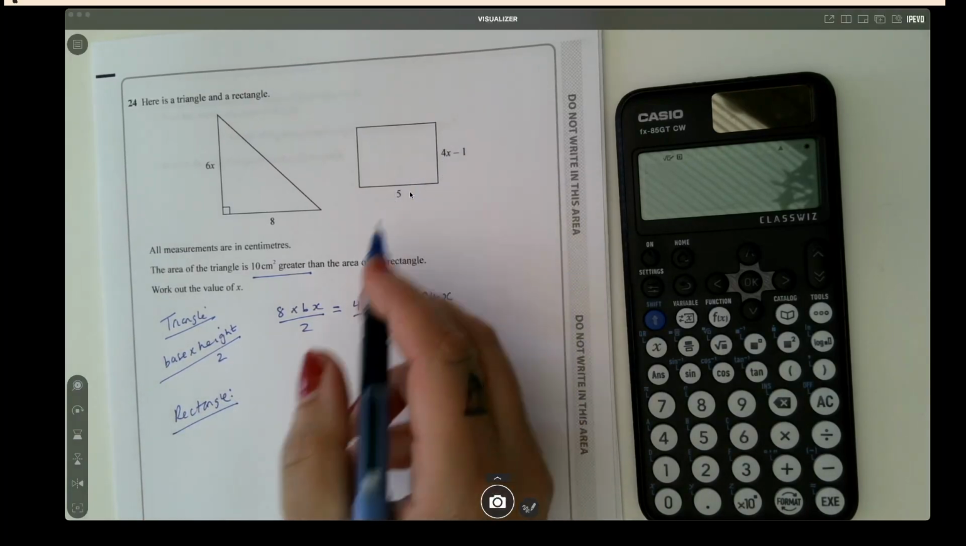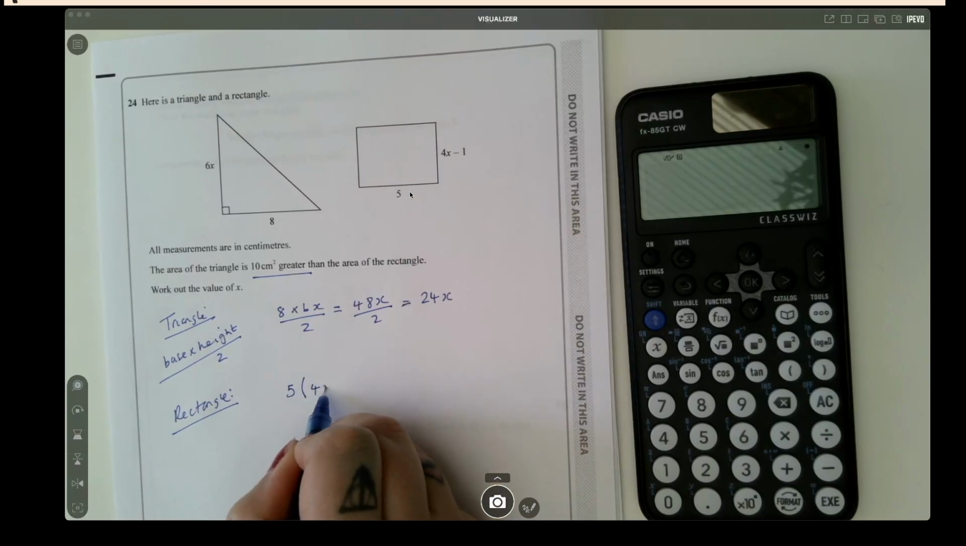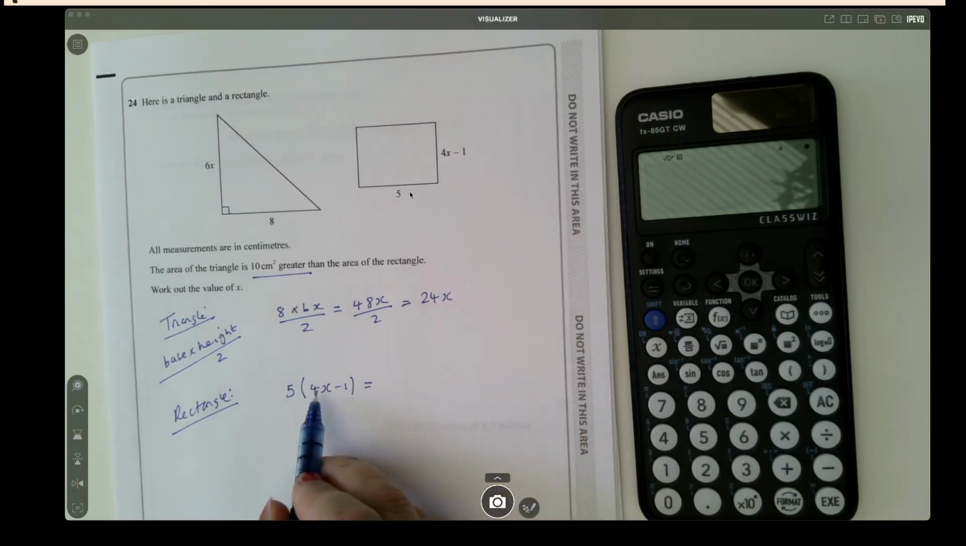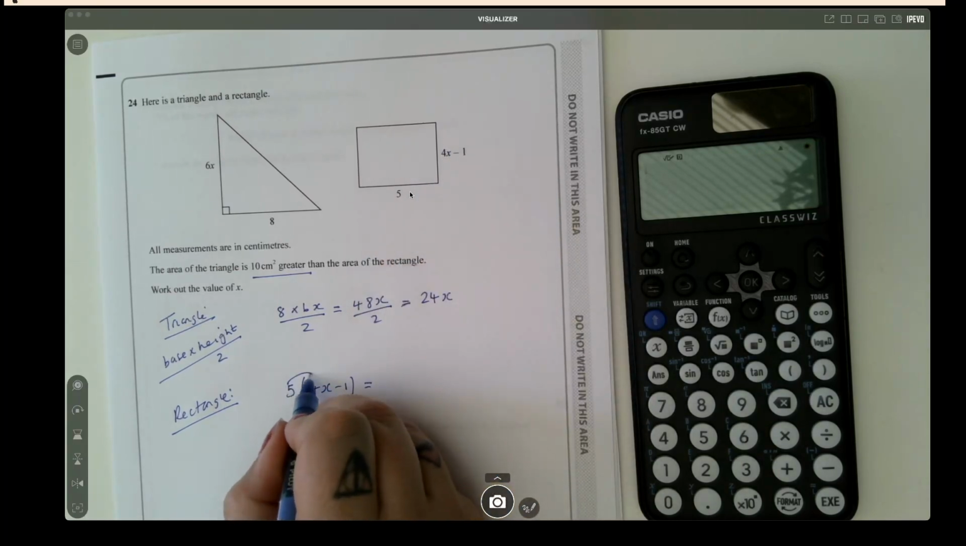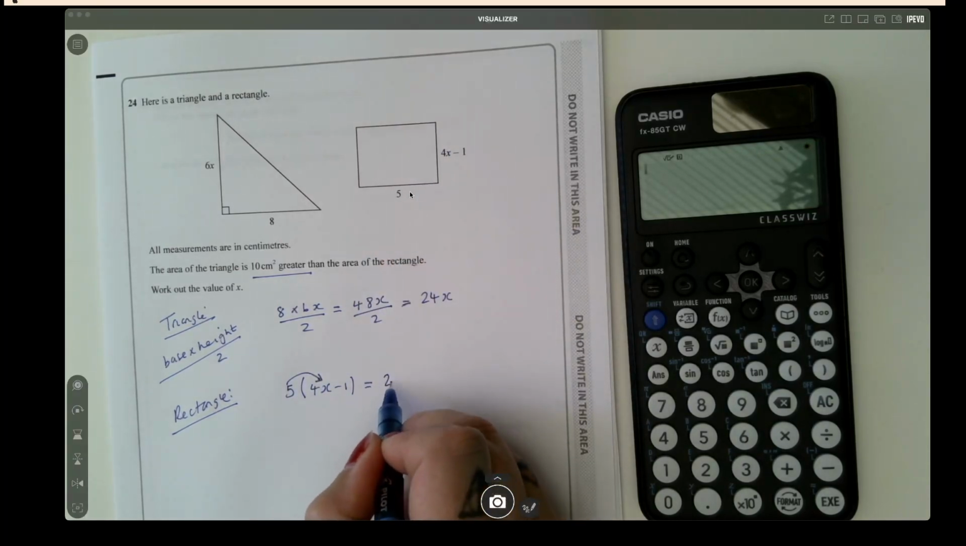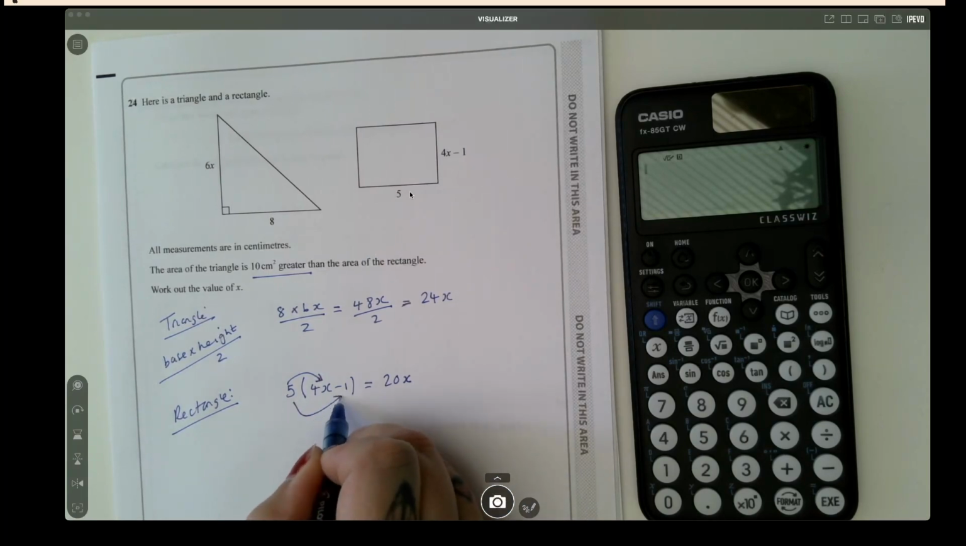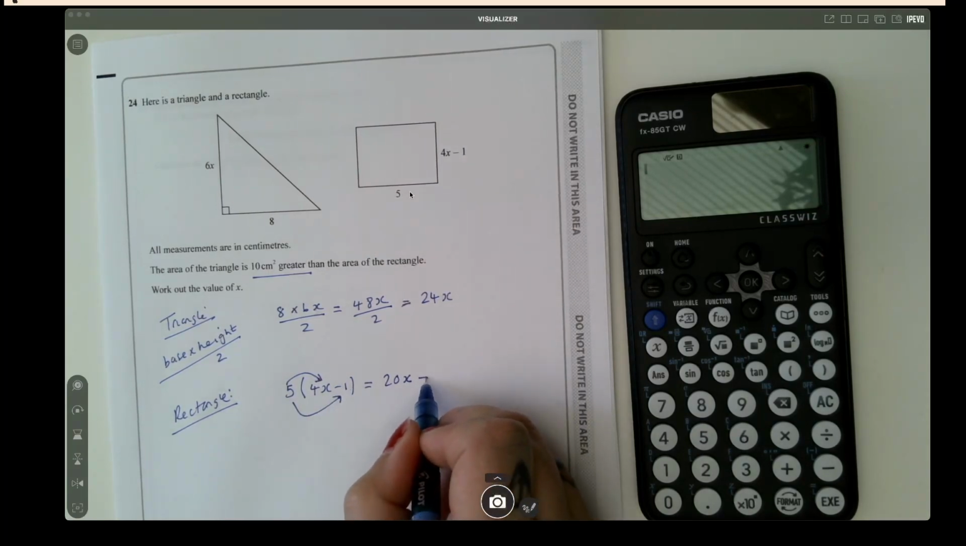We would do length times width, so we would do 5 times 4x subtract 1. These brackets are important because it's 5 times everything here. So let's expand. 5 times 4x is 20x. 5 times -1 is